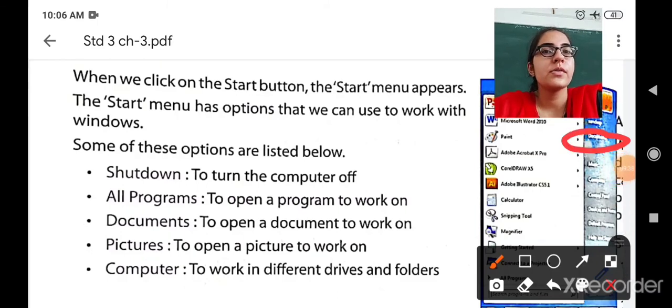Now pictures. You will see that the pictures button will also be presented. So if you want to go to the pictures, then you can use that option. Then My Computer, which is the main option. Using My Computer, you can go to the documents, downloads, desktop and any other drive. Okay, so these are the options which are presented in the start button.